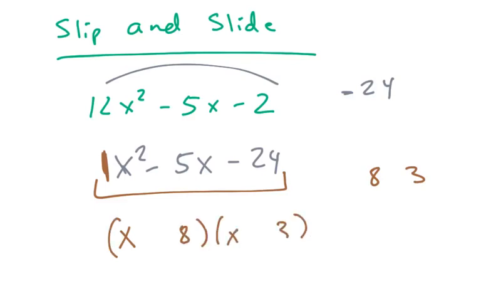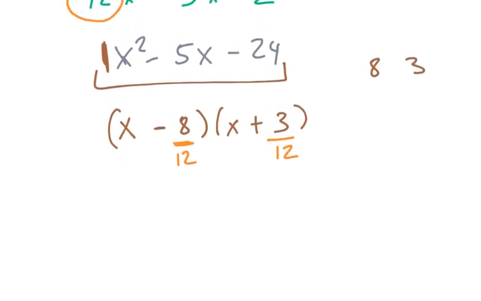So we go 8 and 3, and we put a negative and a positive so that we get negative 5. Now the move here is, what we really have is that we have to take this number in front and divide the back number by both. Then we reduce. So 8 and 12 are both divisible by 4. This would leave me with 2 over 3. 3 and 12 are both divisible by 4. This leaves me with